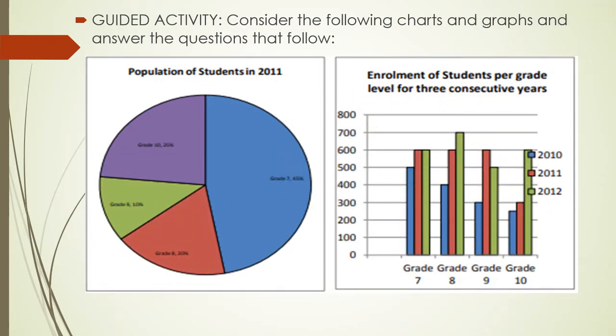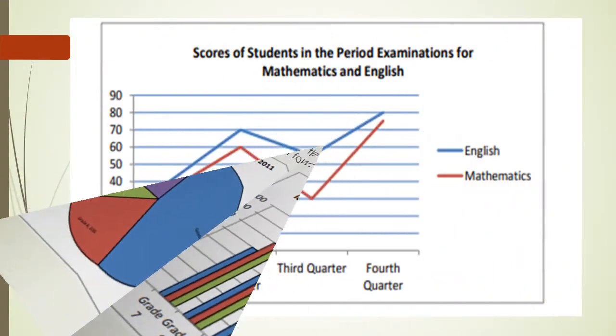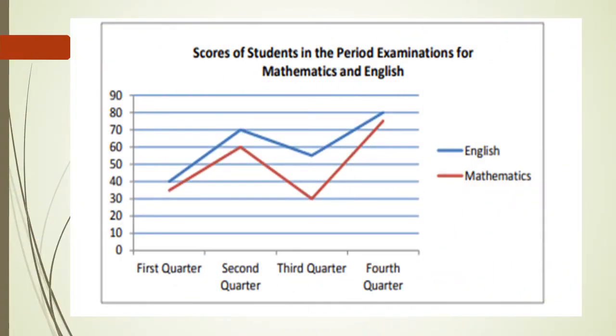So for the guided activity, consider the following charts and graphs and answer the questions that follow. Just familiarize yourselves with the charts, and you can answer the questions later. These graphs show the scores of students in the periodical examination of mathematics and English. So these are the